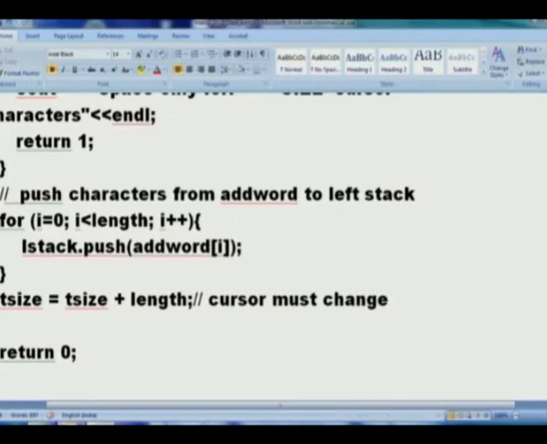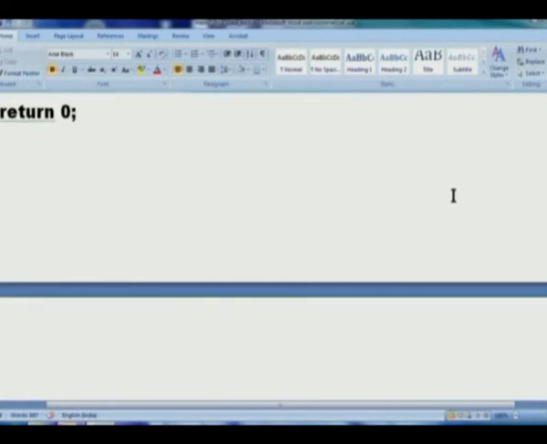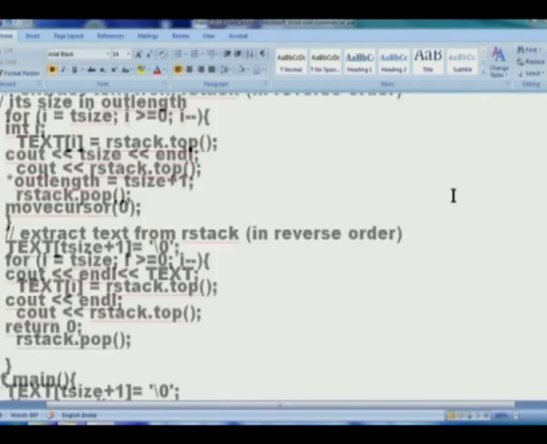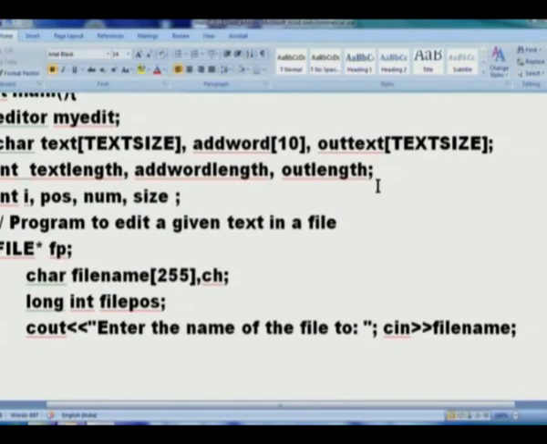You can just look at this and make the corrections. I will not go through the further details. I hope you have understood the basic things that you need to do about the functions. Let us very quickly look at some portion of the main program. This is my main program. I am defining a file. I assume that somebody will give the text in a file. So I define a file pointer.